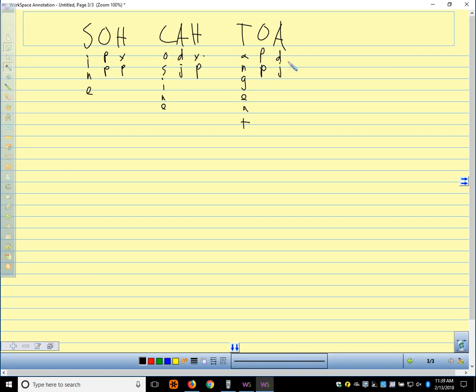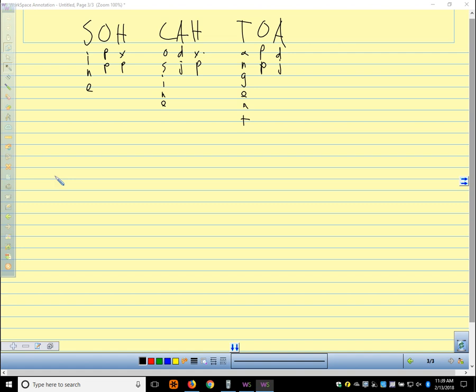So what I usually do for the quiz and the test is I just write this Sohcahtoa up on the board to help us remember how the ratios work out. So what I want to do is go through some examples of how we're going to use sine, cosine, and tangent to solve various kinds of problems. So the first example, if we want to write the sine, cosine, and tangent ratios,